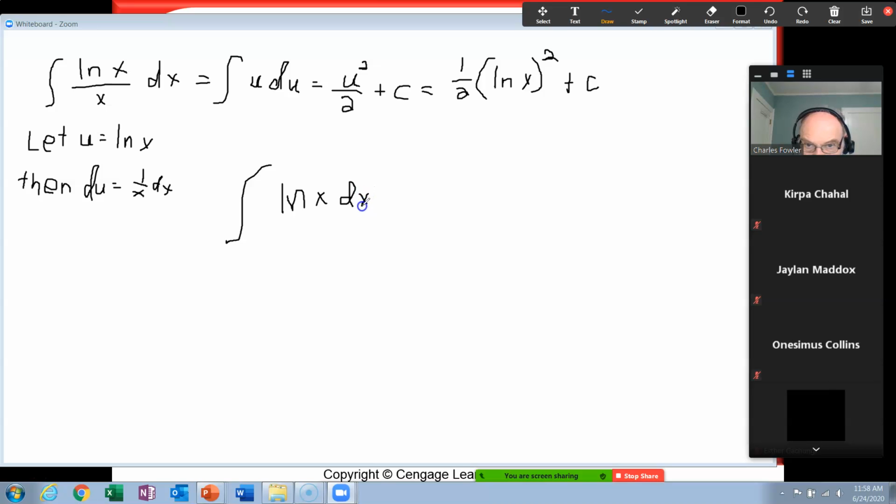Is it simpler? What do you think? Guess what? You don't have a u substitution you can make here. And between you, me, and the fence post, I do not know of any function that when you take a derivative, you get log x. None whatsoever. And what's more, even if you did,